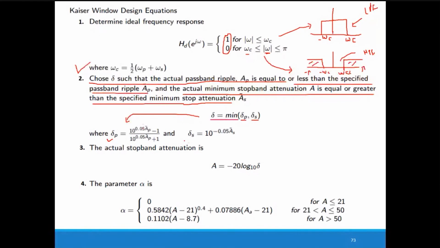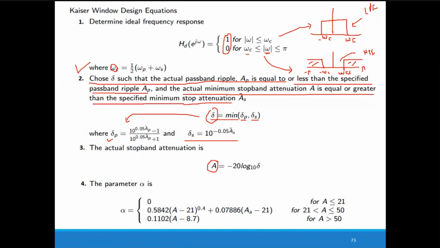Similarly, you can get the solution of delta S by applying the second equation. Okay, so this is how you can calculate omega c, this is how you will calculate delta, and then after that we come to the value of A, which we already specified earlier. Based on the value of A, we have to select the alpha.